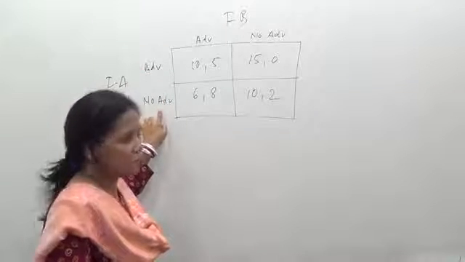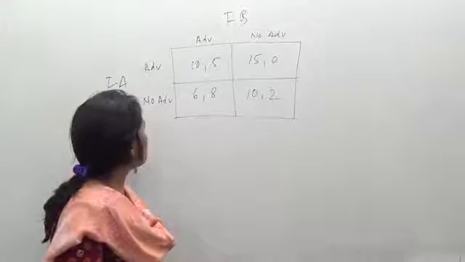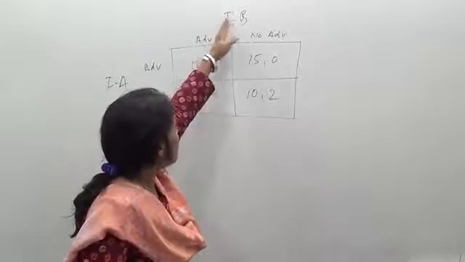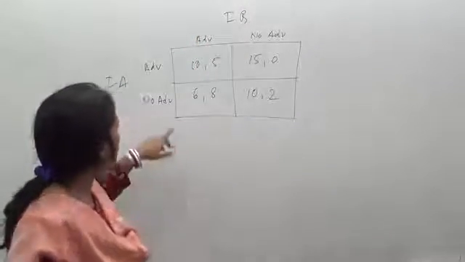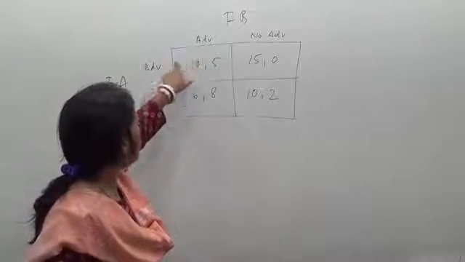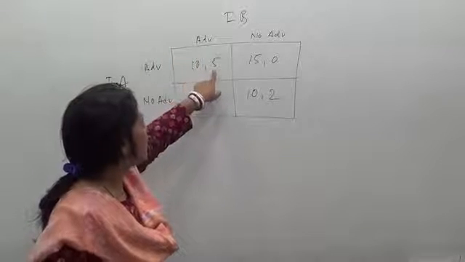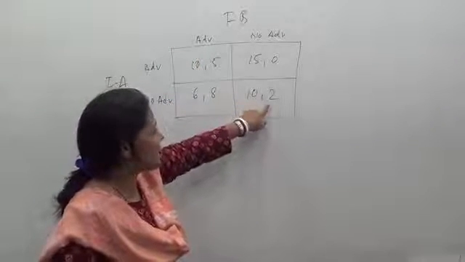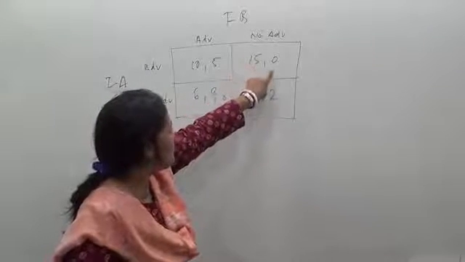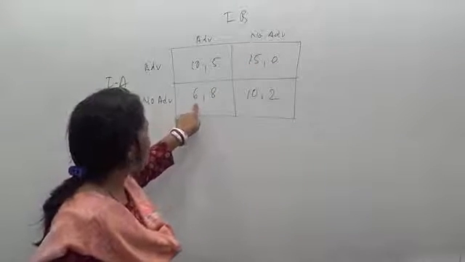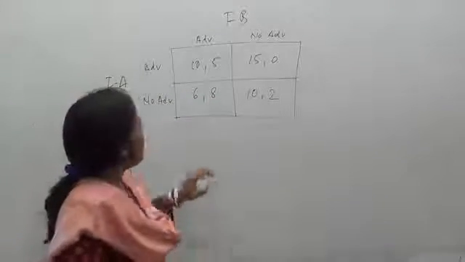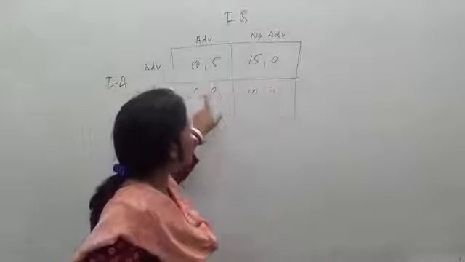advertisement and no advertisement. Firm A is plotted here in the row, and in the column it is firm B. So now if we see once again, with both parties advertising it is 10-5, both parties not advertising it is 10-2, if A advertises and B does not it is 15-0, and if A does not advertise and B advertises it is 6-8. Now the question is this: we will look into the whole table and